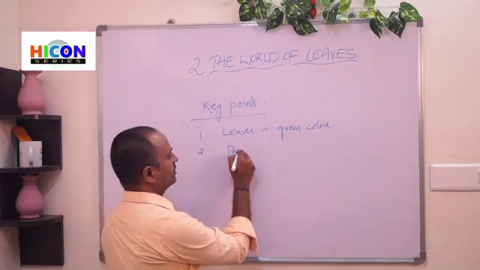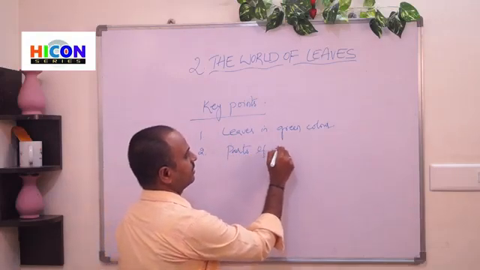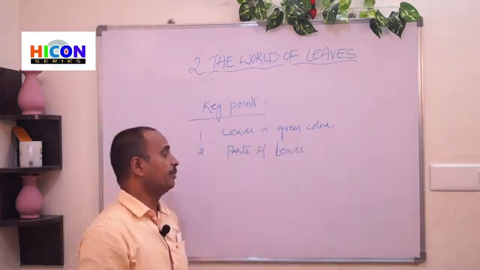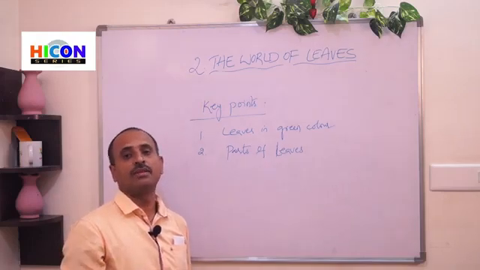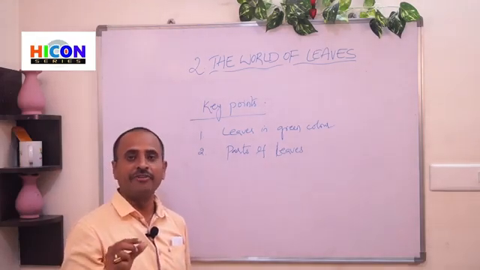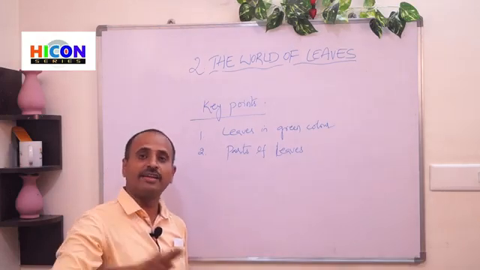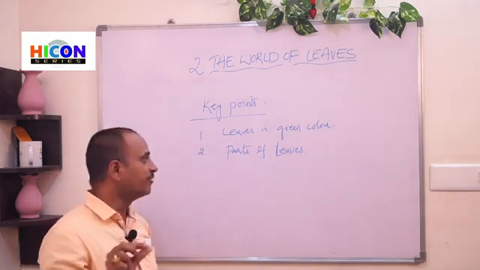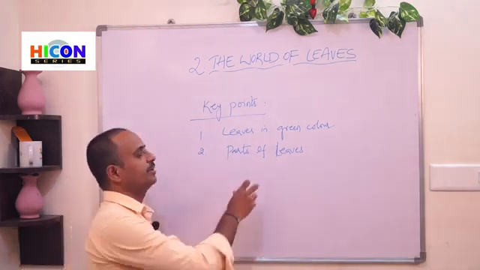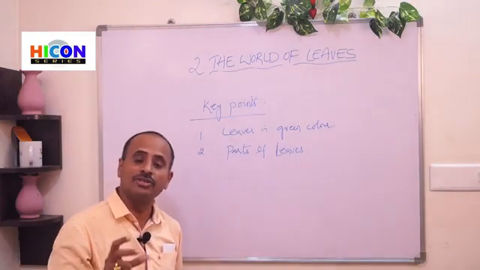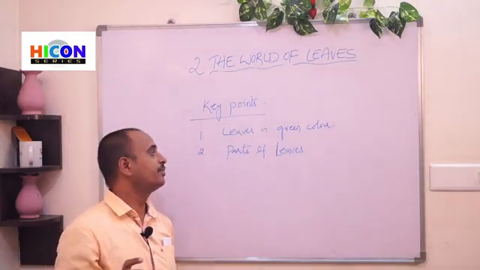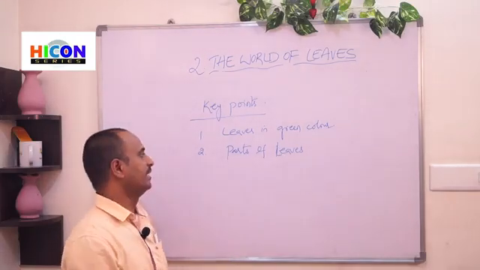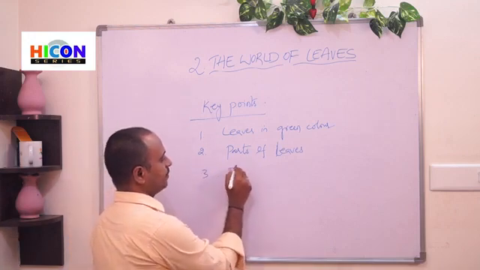And the second one is the parts of plants. We have discussed different parts, that is, the parts of leaves. The main parts of the leaf are the petiole, the midrib and side veins, and the flat green part of the leaf is called the lamina, that means leaf blade, and the leaf tip. These are important parts of the leaves, and we should learn them and practice this leaf diagram.